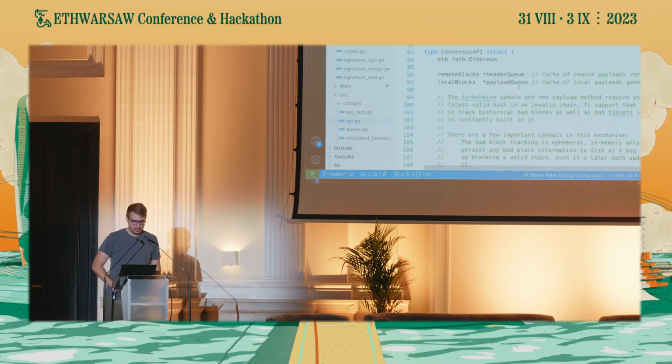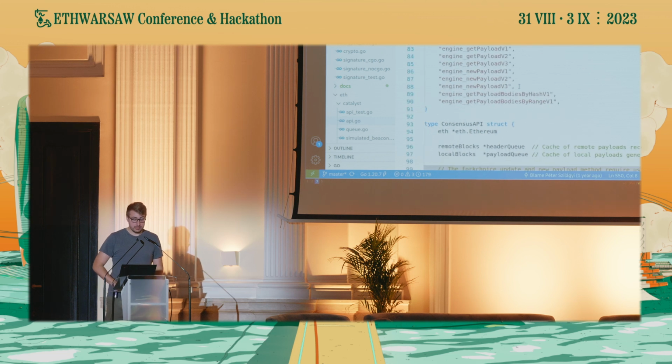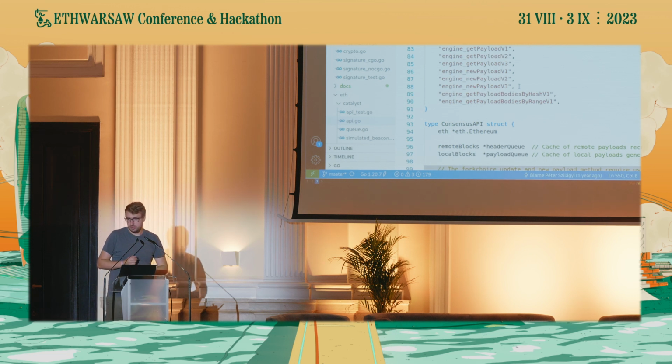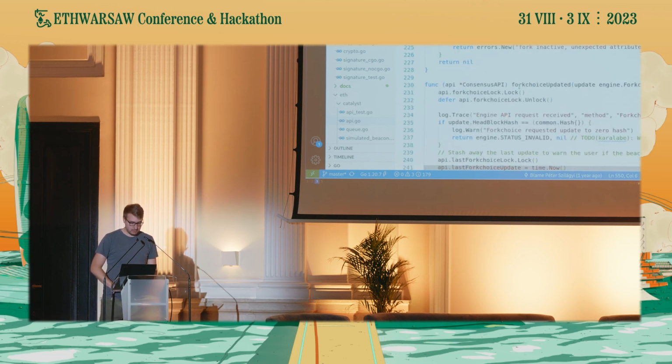And what you can see here is when we do exchange capabilities, we send the consensus layer these methods. So these are the methods that we support. You can see forkchoiceUpdated v1 through v3, getPayload v1, v2, v3, and so on. And now our journey starts